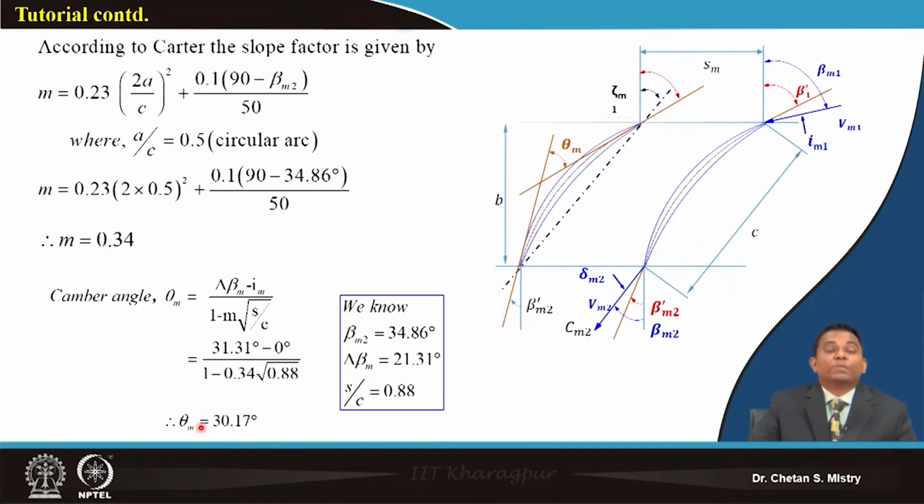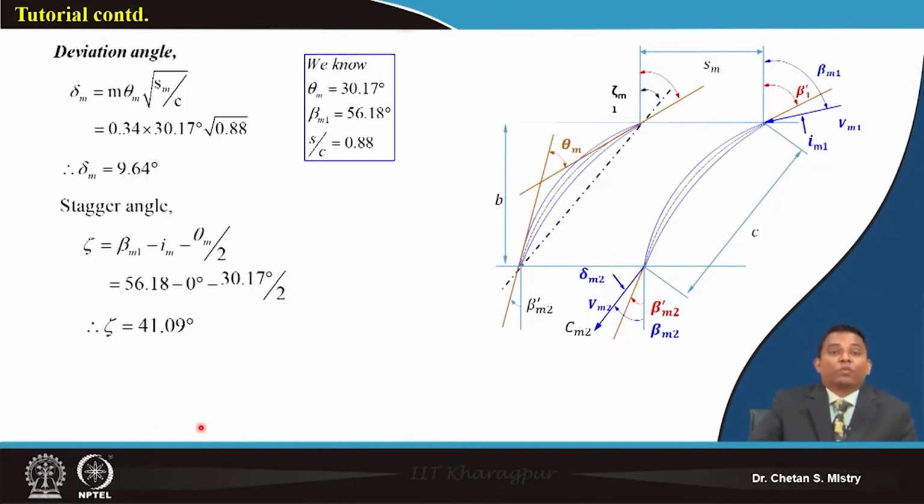Here also we are assuming our incidence angle at the mid station to be 0. We can calculate our deviation angle and our stagger angle. The calculations we are discussing are the cascade parameters. The methodology opted for the calculation will remain the same, and the mean line calculation is coming as a similar kind of